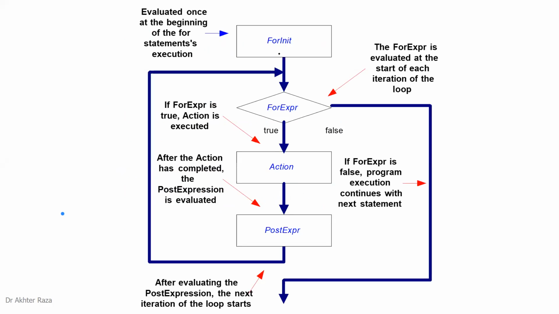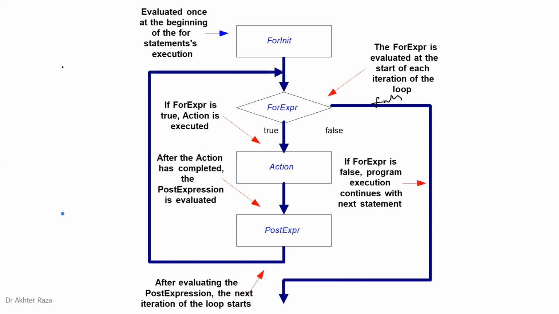So the initialization is outside the loop. The condition is tested again and again. If the condition is true, the body of the loop runs. Then we have the post expression, I plus plus or I minus minus. Then it comes again to the for expression, meaning the condition is checked again. If it is true, it continues; if it is false, then it goes out. So you can see the cycle. Every time we are in the loop, if the condition is false, it takes us outside the loop.